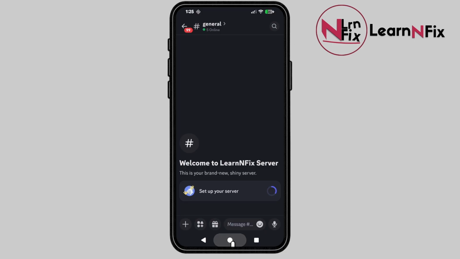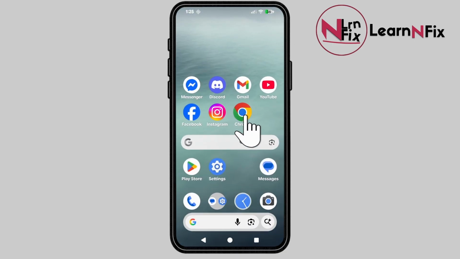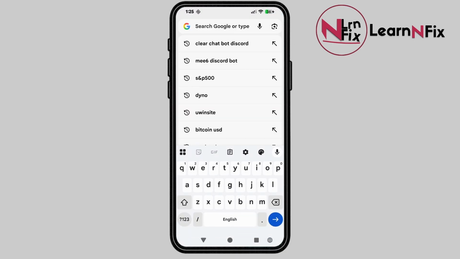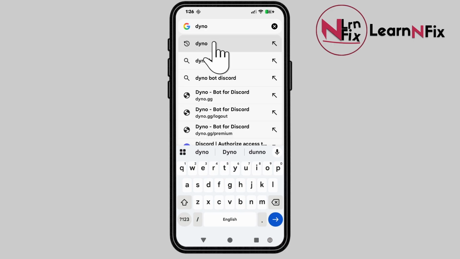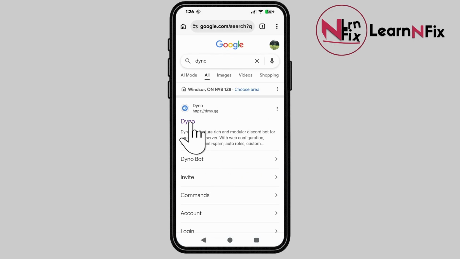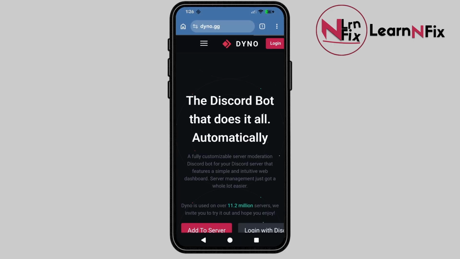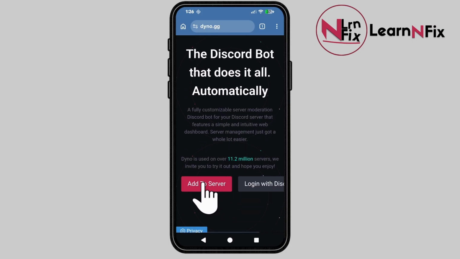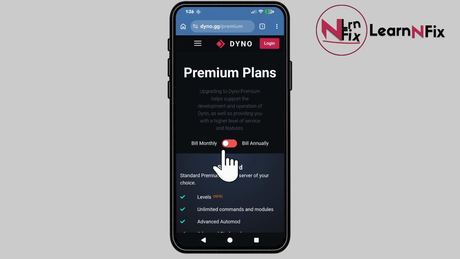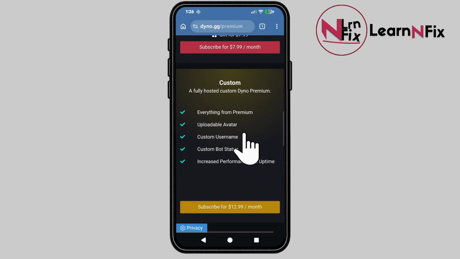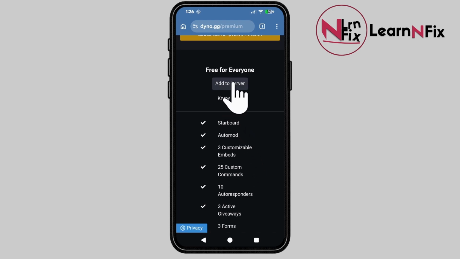So first, exit Discord, go to a browser, and type in Dino, then go to the first result, dino.gg. Click add to server, and then scroll all the way to the bottom. There's a free option. You can click add to server,